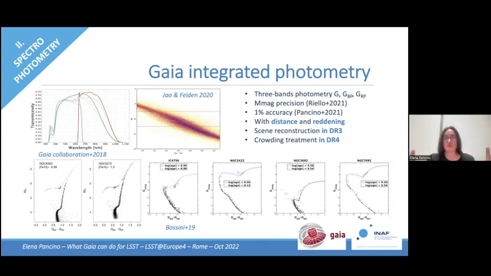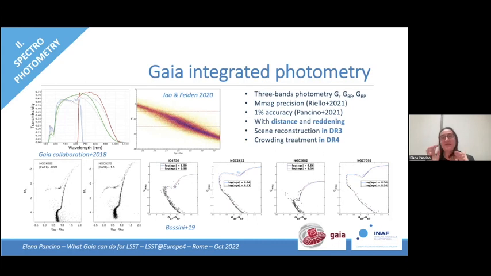So we can use this and a specific software, which is called the SEA pipe, Source Environment Analysis Pipeline, to reconstruct around each source what are the possible contaminating sources. And once we know that, we can decontaminate the spectra. So what happened in DR3 is that we used the scene reconstruction for the first time, not to decontaminate the spectra, but to remove those transits that are contaminated when computing the mean magnitudes, right? So we already have an improvement in the crowded areas compared to DR2.